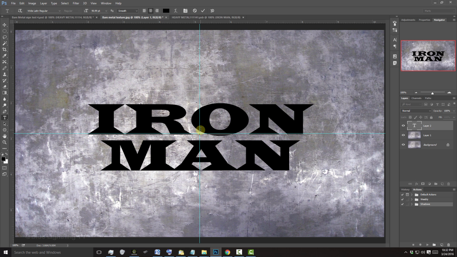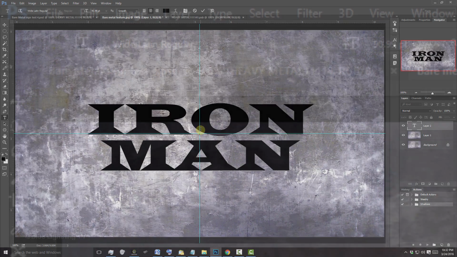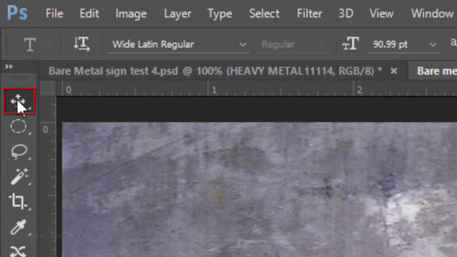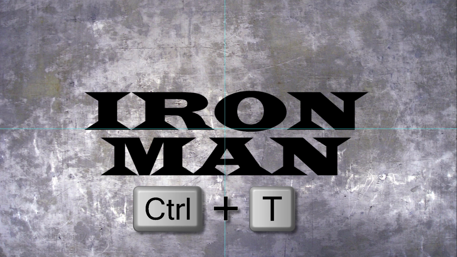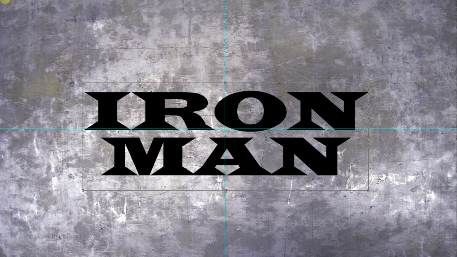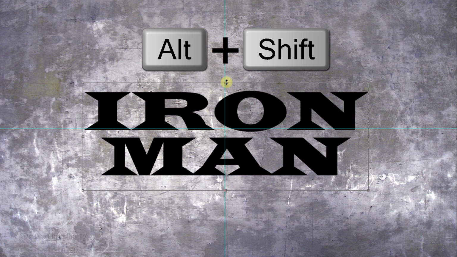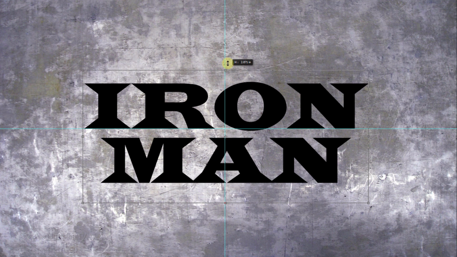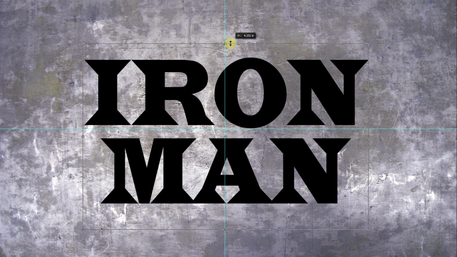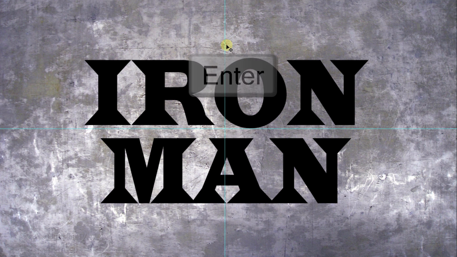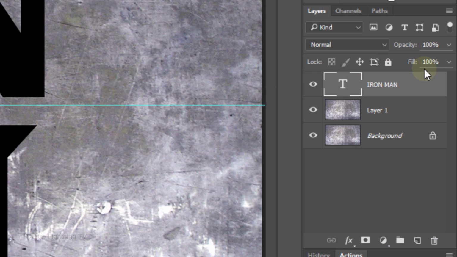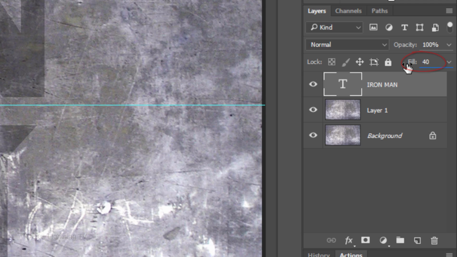If you want to squeeze in or stretch out your text, open your Move tool and press Ctrl or Command T to open your Transform tool. Press and hold Alt or Option plus Shift as you drag the transform out or in. Then press Enter or Return. Reduce the fill to 40%. The fill affects only the transparency of the graphic inside the layer, but doesn't affect the layer styles that we'll be adding to it. Click the FX icon